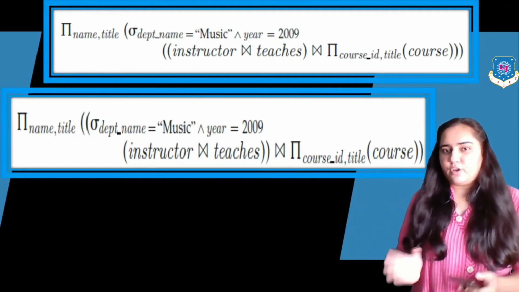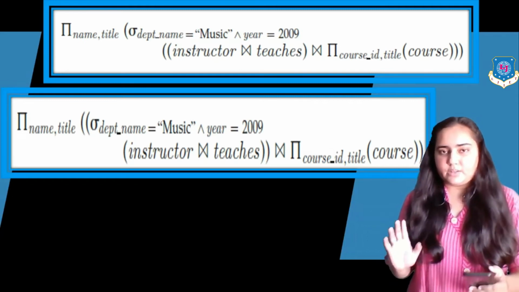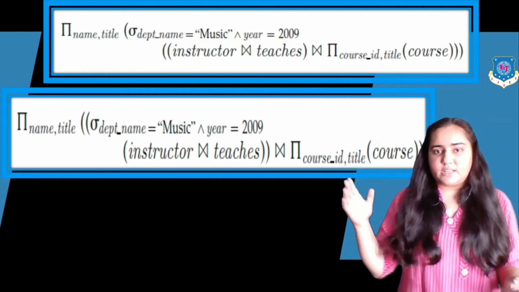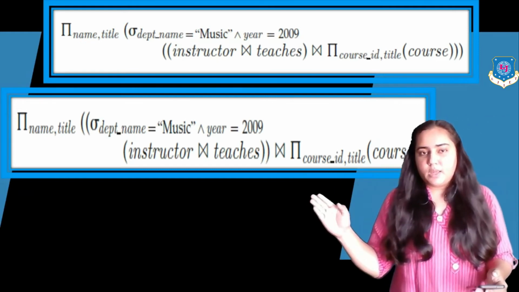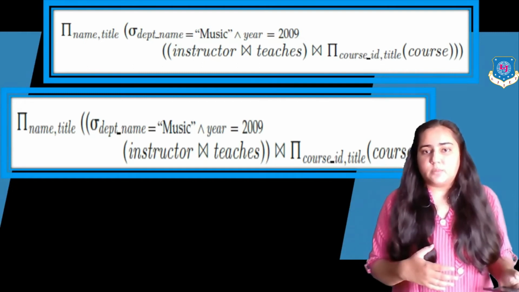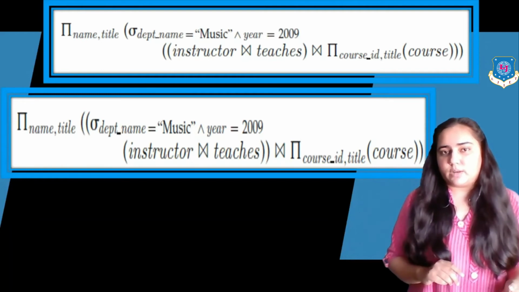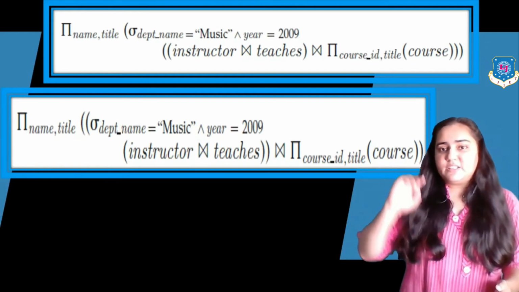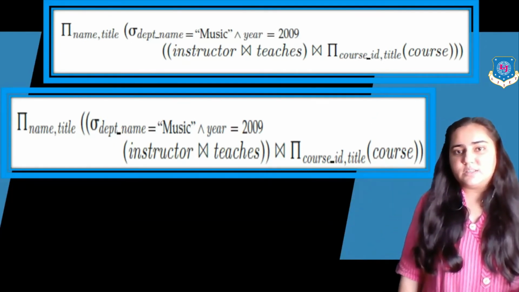First of all, from course, I have taken out course ID and title. That remains as it is. But then you notice that there are 2 brackets after teachers, and there are 2 brackets before the sigma condition, which was not there earlier. Before sigma, there was only 1 bracket. Now there are 2. So what I have done is, previously in the top query, my sigma condition was applied